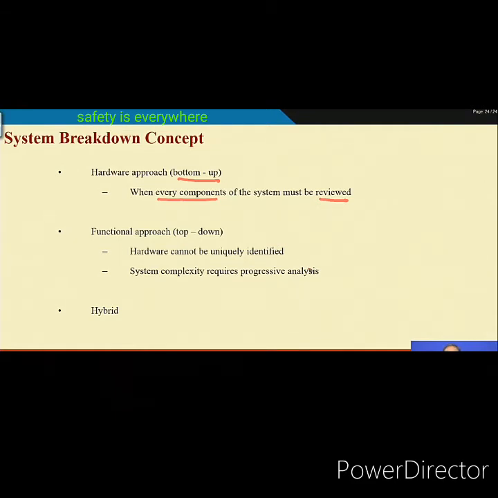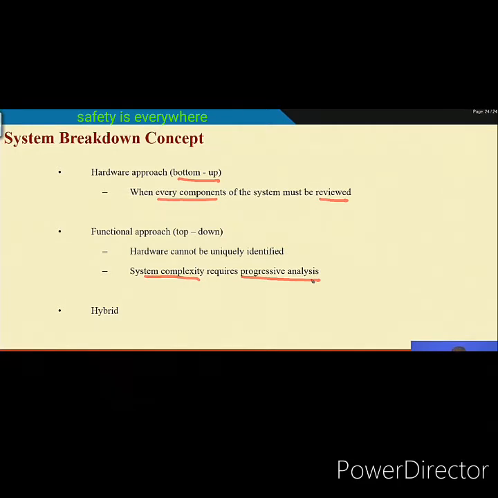Many a time, if we consider only one component, then the dependent relationship with other components of the system may not be understood properly, and in that case your analysis may not be strong enough from an analysis point of view, not from the identification of failure modes point of view. That is why it is written that system complexity requires progressive analysis. So, there may be a situation when you require a functional breakup.